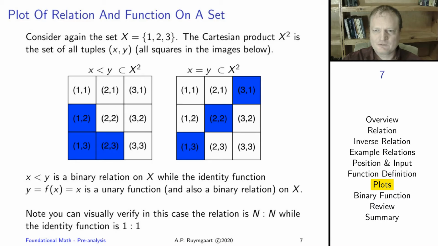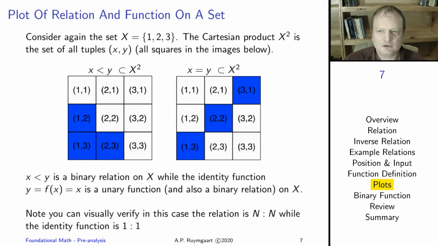Now let's use a plot of a relation and a relation that is also a function on a set to illustrate the idea a little bit more and how they are different. So let's consider again the set X with three elements, the numbers 1, 2, and 3. And the Cartesian product is then the 9 tuples that are shown in the tiles of the images in the slide. So there are 9 tiles, and in each case the tuples, the ordered pairs that belong to the relation,